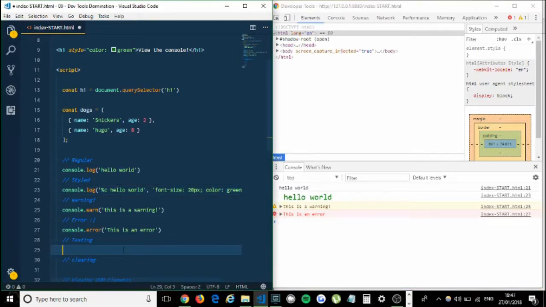Next up we have a nice assertion method which allows us to test some code in one line. It has two arguments. The first is your code that you will test, and the second argument is a string that will be your message in the console. So for example, if we do console.assert 1 is equal to 1 and say that is wrong